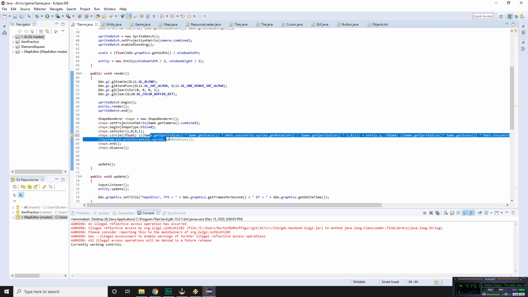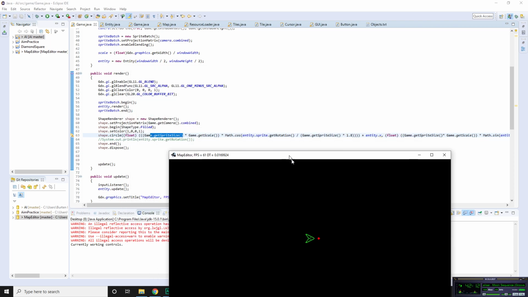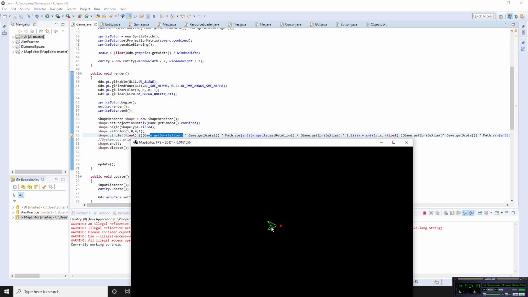The sprite size times the cosine is actually what gives you the radius. I mean, basically it's the radius times cosine and something else, which is, I don't know, and that's why it's out here. You want the radius, and I just put the whole sprite size, that way it's the diameter, and that way it'll be out further than,